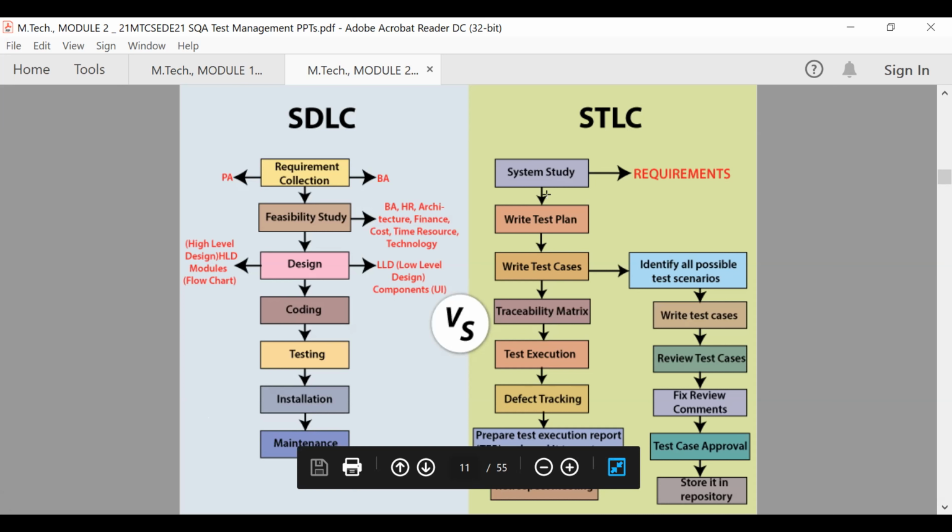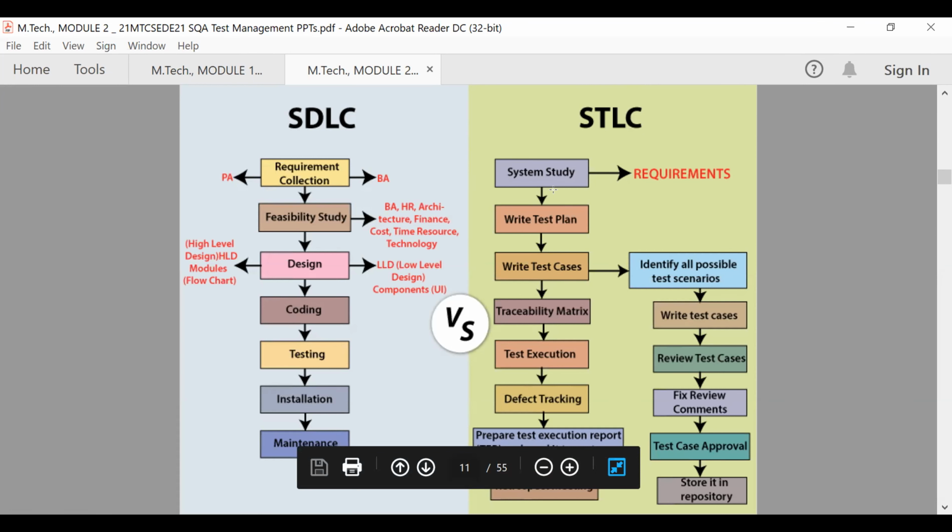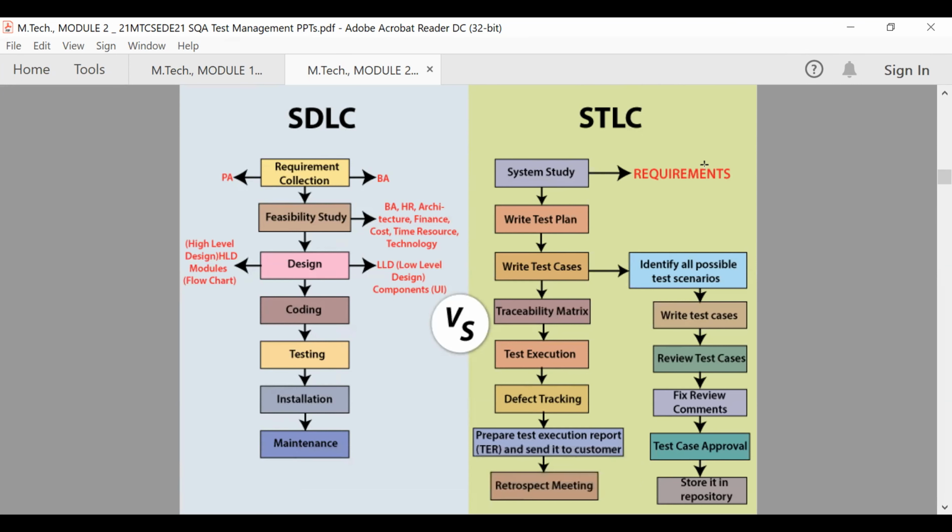In a software testing life cycle, based on the SDLC, while performing the testing, we need to carry out these steps. First, we will study the system. Based on that, we'll get the requirements. We will check whether the requirements implemented in the project match the requirements identified during software development. So the requirements stated here should match the testing requirements. Then you will write the test plan. Based on the test plan, we'll create the test cases.